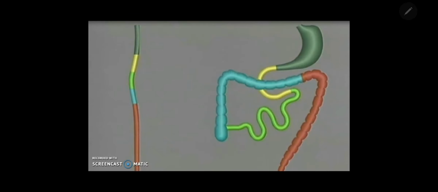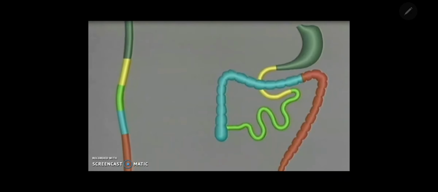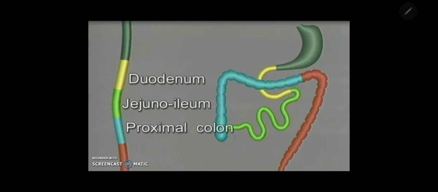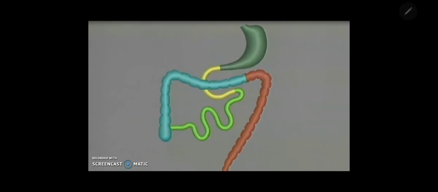You can see here, during development, on the right side of the screen, the definitive positions of the different parts of the small intestine. On the left side you are seeing the foregut, midgut, and hindgut. In the foregut, the yellow color represents the duodenum, the light green color the jejunal loops, the blue color the ascending colon. This is how the midgut rotation happens during